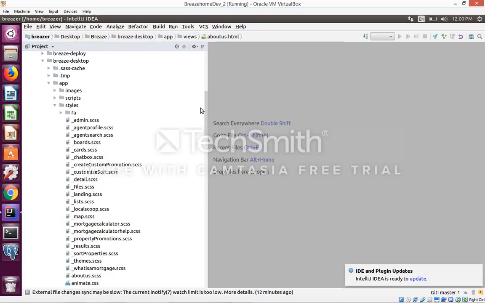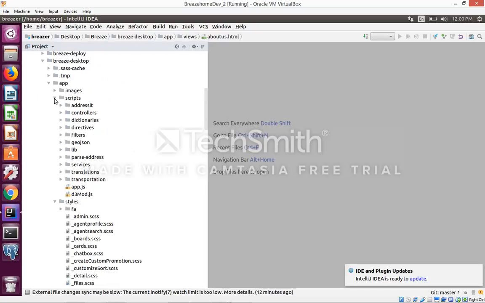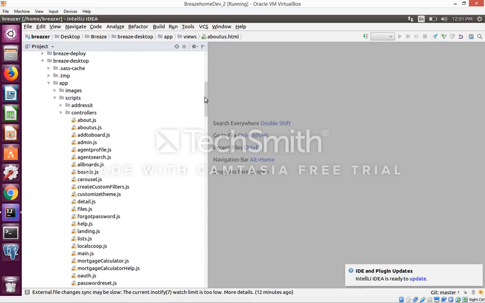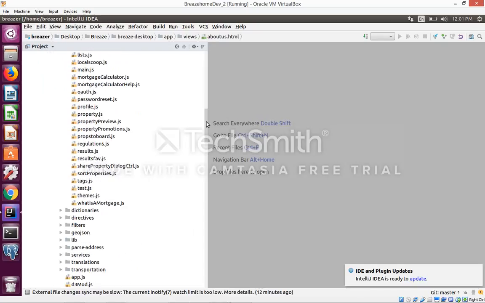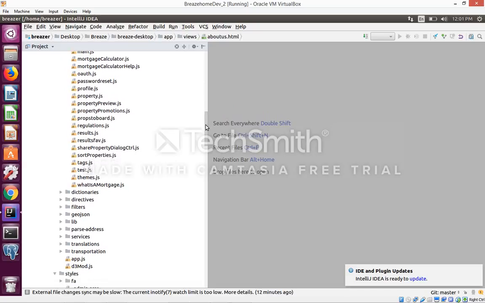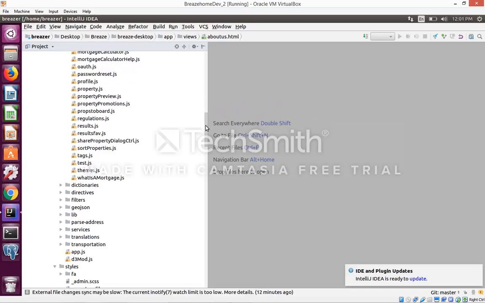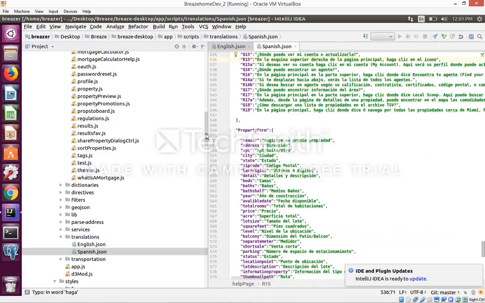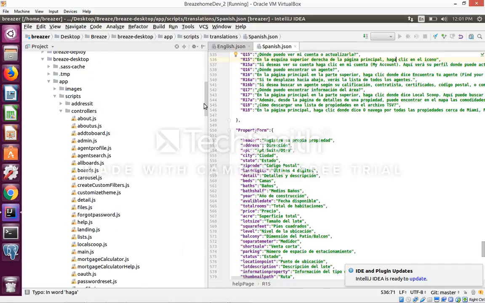Also, in the script, we have the controller, the translation folder to be able to translate the pages into English or Spanish, the directive,